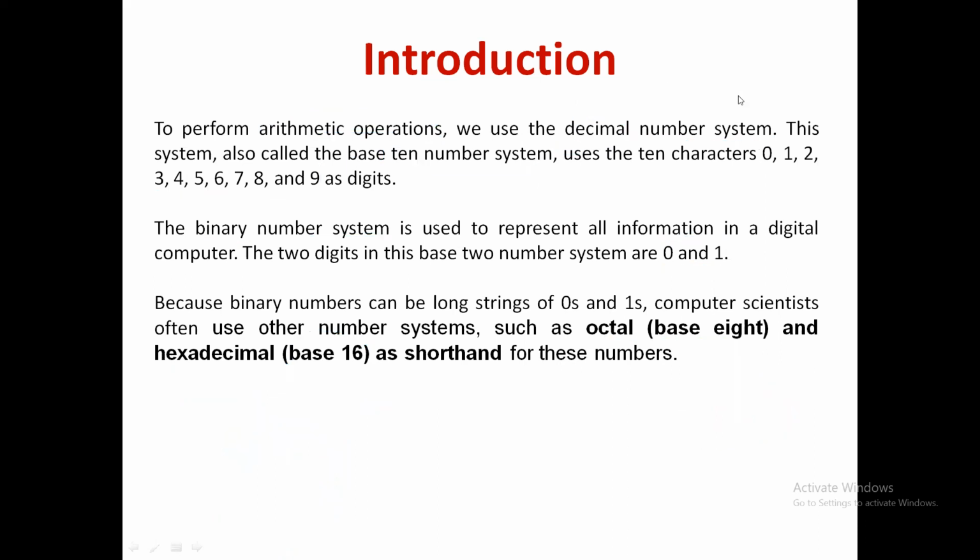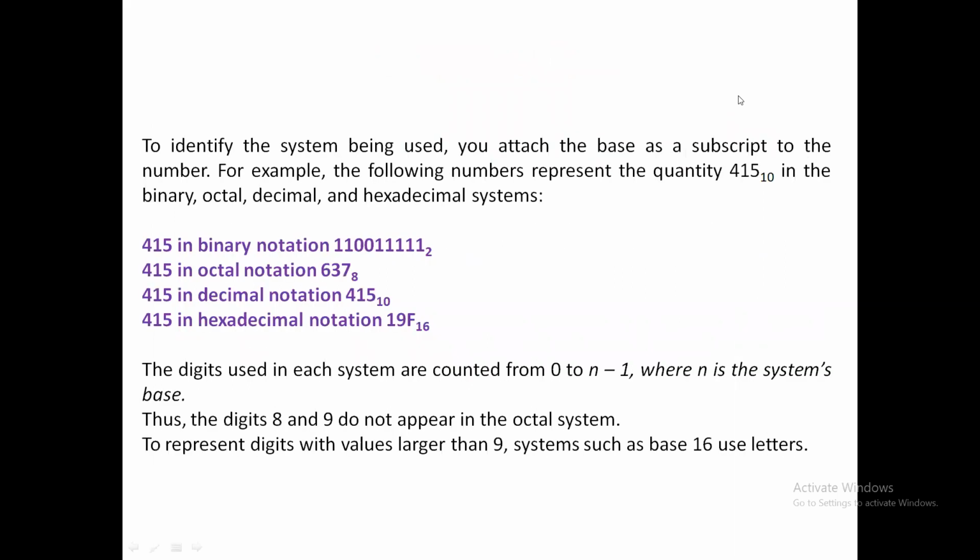Before that, we should understand a basic concept about how these notations are used. To specify that a particular number is in the decimal number system, we should say 415 to the base 10. This is important. This specifies that the number 415 is in the decimal number system. Similarly, to represent this 415 in binary notation, we will use bits, 0s and 1s, a sequence of bits, followed by the base represented as 2.